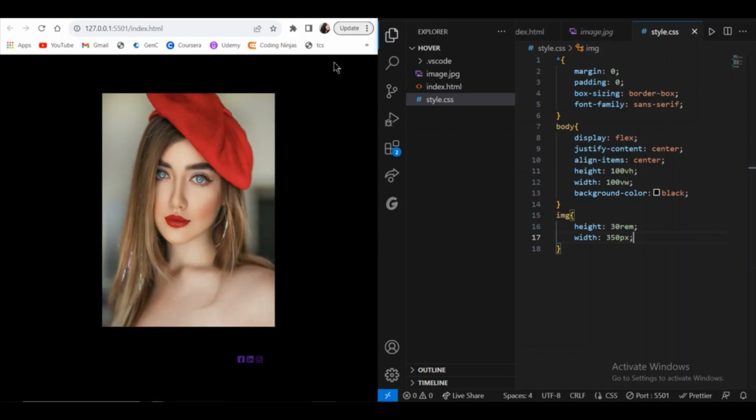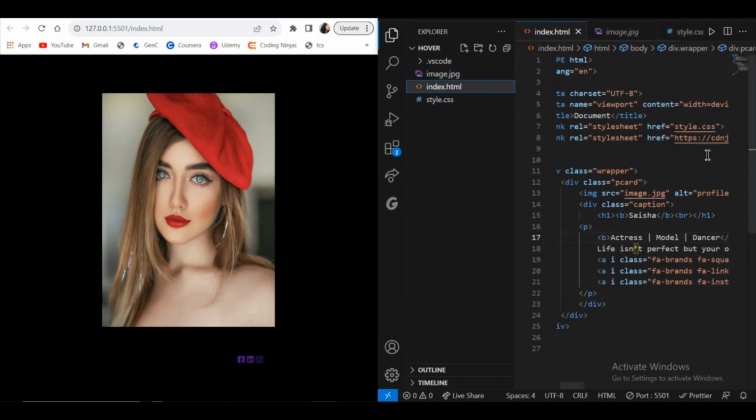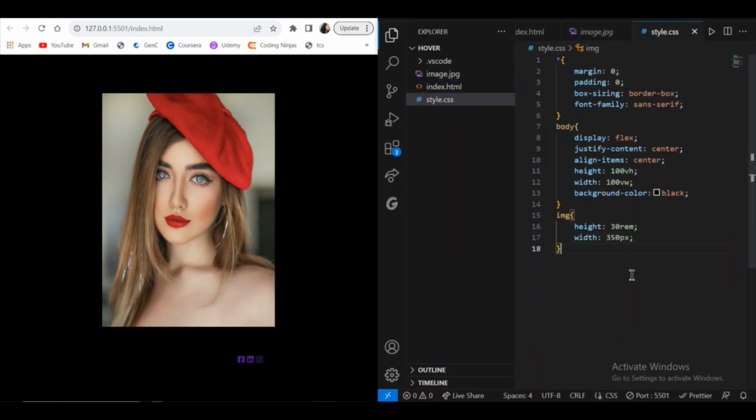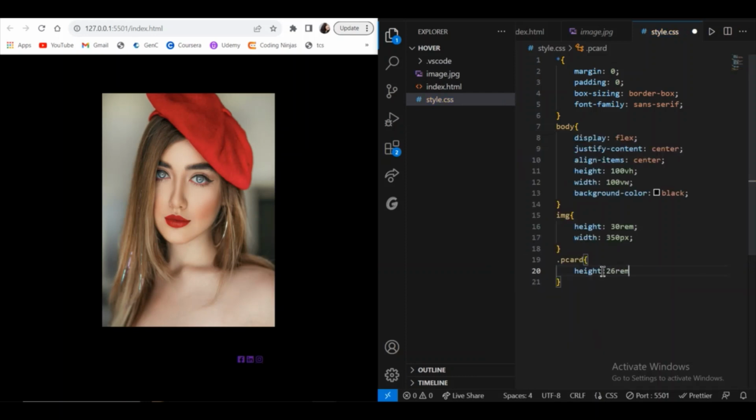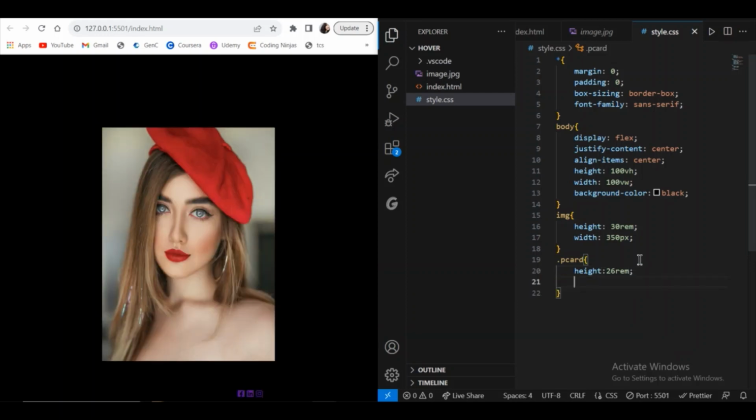Now I want to design this card. So if I go to this index.html file, I can see that this card is inside this division whose class is pcard. So I have to give dot pcard, and then I have to start. I will give the height as 26 rem, then margin as 50 pixel, then I will give a